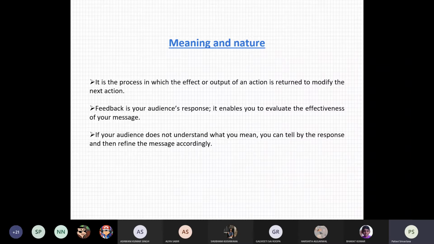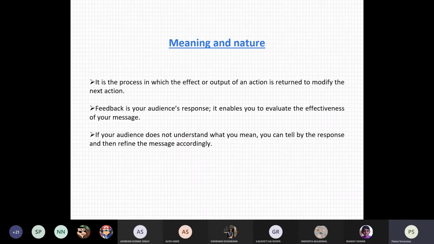It's just like we have homophones, and we have several words which are open to two or three meanings. So if you tell someone a thing and he faces a kind of confusion, he can ask you for clarification. Now you understand where he has misinterpreted the message, and with the help of this response, you can refine your message. You can tell them in which context you have used that term and how it will change the meaning of the message, and how this misunderstanding can be removed on the basis of the response you received.